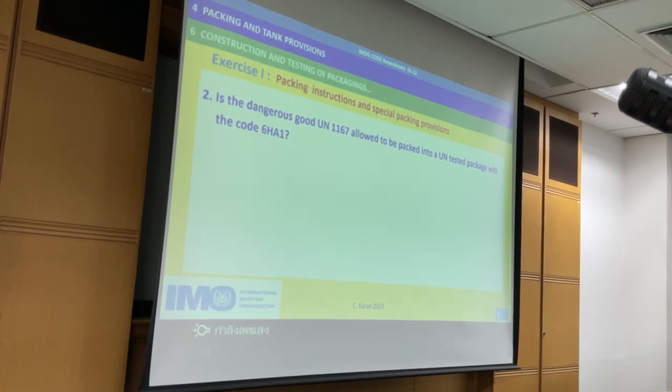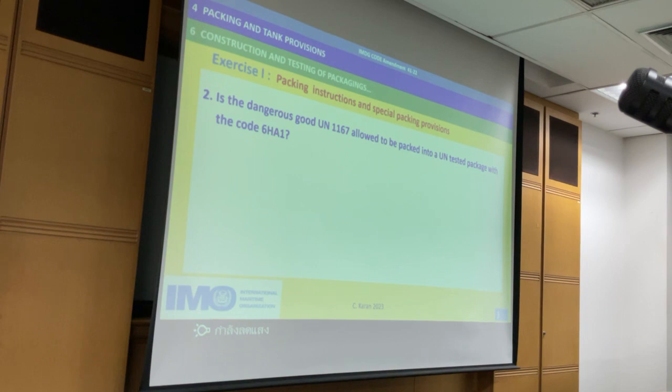Without that coding, we could not send the dangerous goods. All right? First, we shall find the 1167 in the list quickly. Because it's asking about packages,